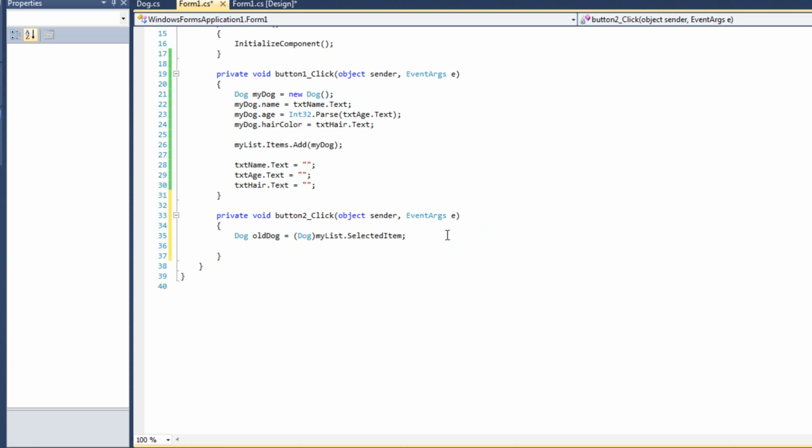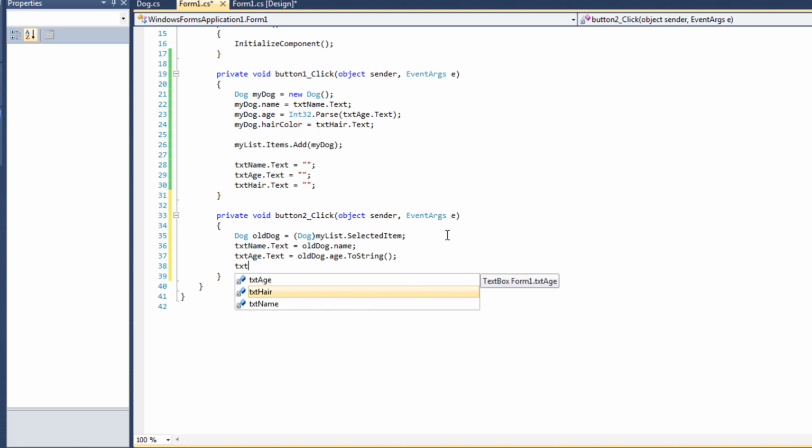And then what I'm going to say is txt name.text is going to equal old dog.name. txt age.text equals old dog.age.toString, and txt hair.text equals old